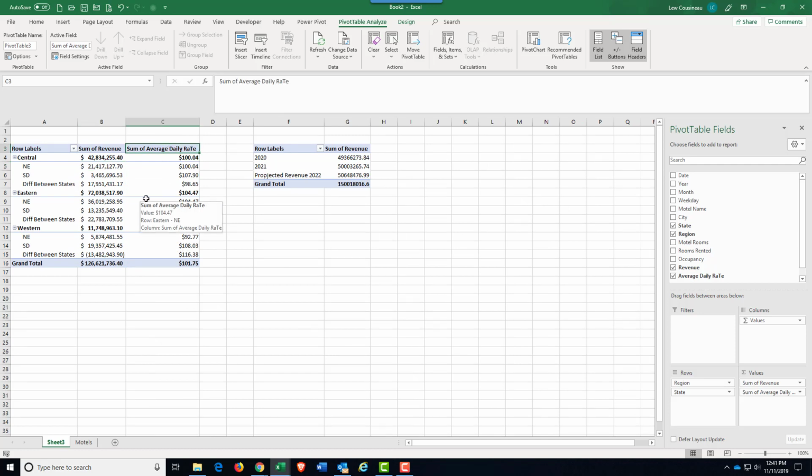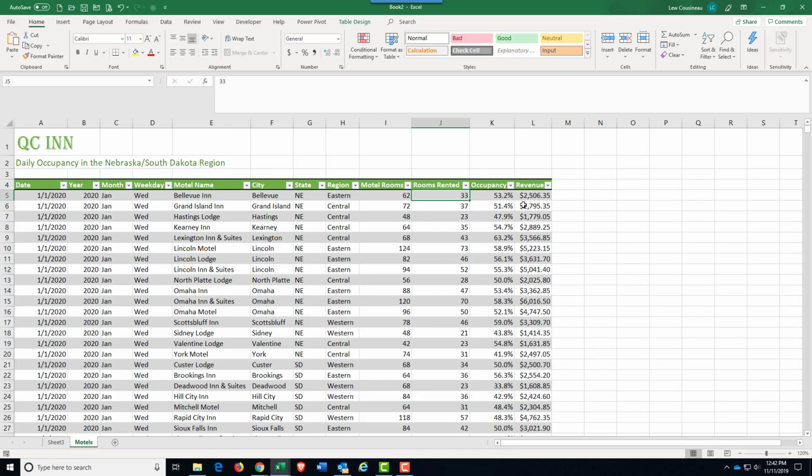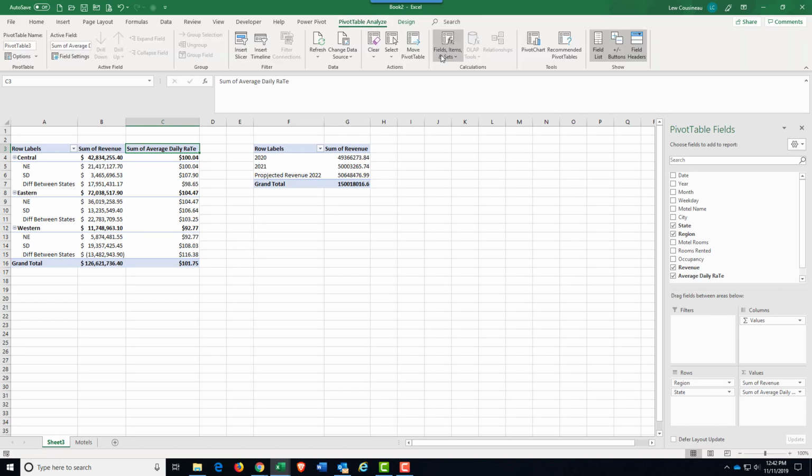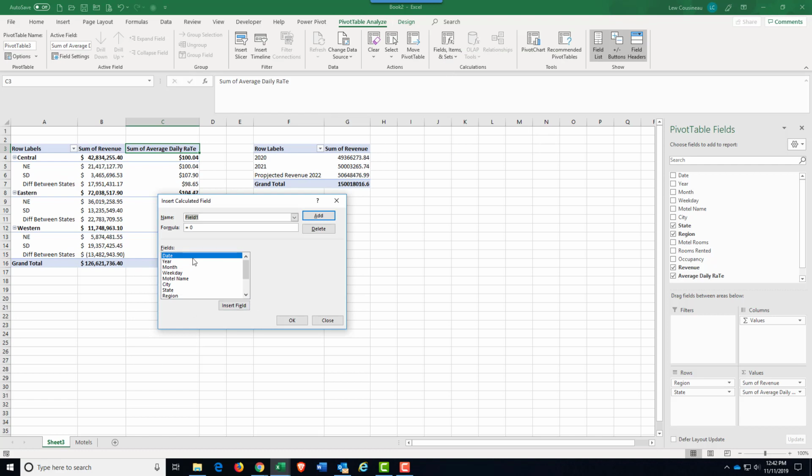Another example would be I want to know revenue per available room. So it's the same idea. Here's my revenue. These are the rooms rented, but these are the rooms in the hotel. So I have 62 rooms. Here's how much revenue I got. What is the amount of revenue per room, even though some of those weren't rented? So same thing, pivot table, analyze, calculated field. We'll call this one